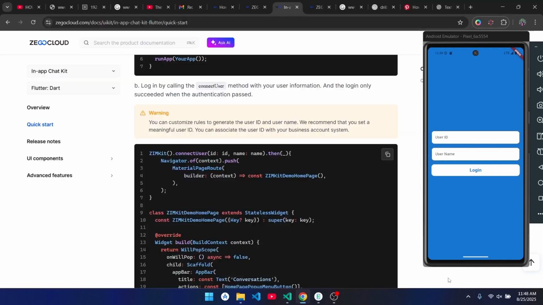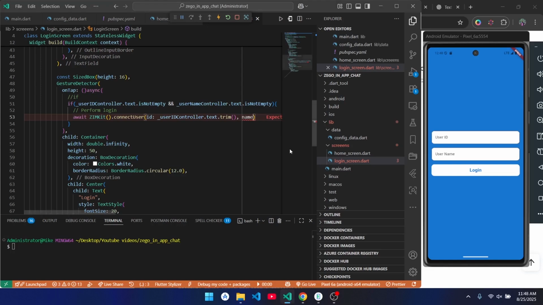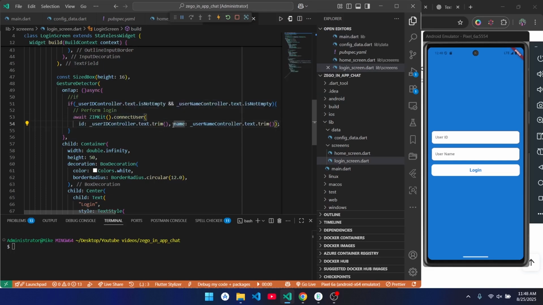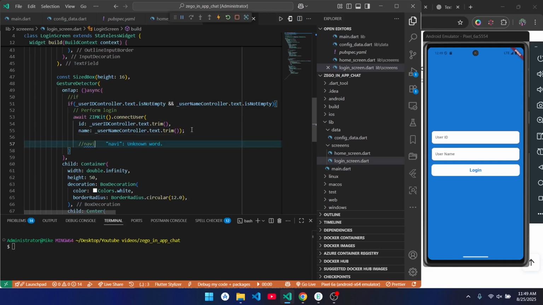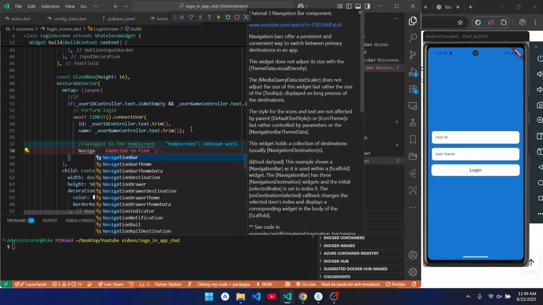So this function is coming from the ZEGOCLOUD UI kit. So you can see here, there it is. All right, so name, then the name, we're simply going to put it like that. Right, so let me format it so that we see the entire code. Right, so it's like this. All right, so after this is authenticated, as we can see, then next we navigate to the home screen. Right, so we're simply just going to say Navigator dot